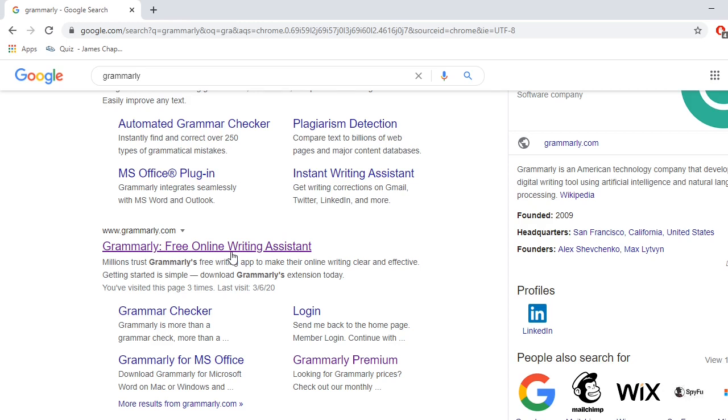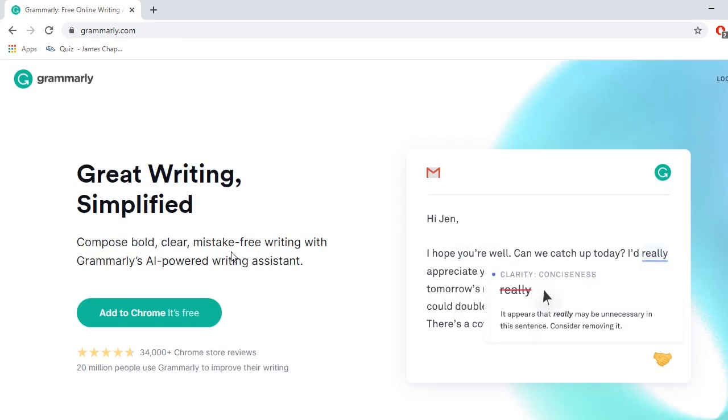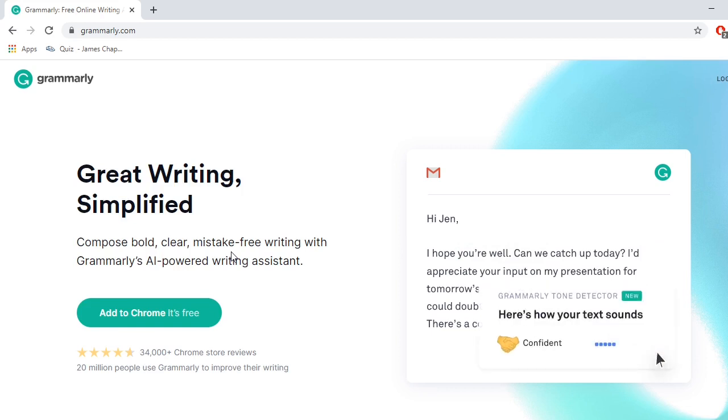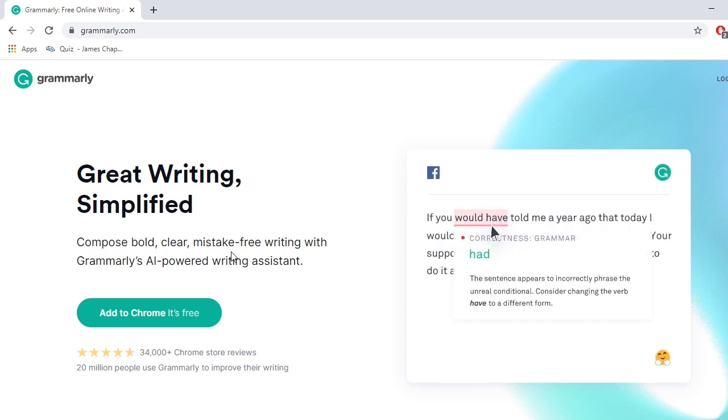It detects grammar and punctuation mistakes, basic to advanced. Now I want to click on this Grammarly free online writing assistant. Now it is opening.